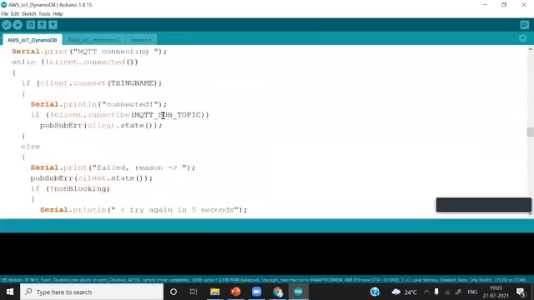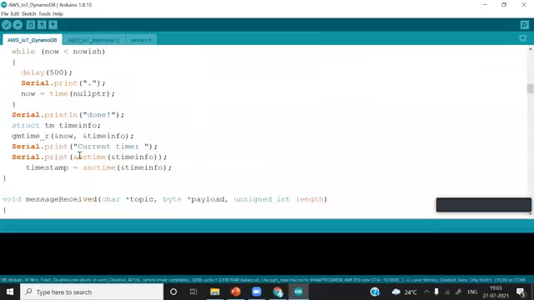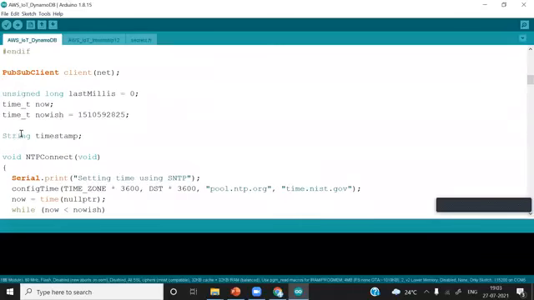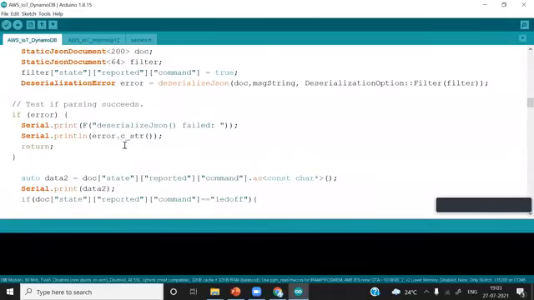First, in NTP Connect, you can see here we have created this time. Initially, when it tries to connect with AWS IoT, it prints the current time. I have copied this time into this global string. The reason I created this global string is that after assigning it, I can use it everywhere in this code.